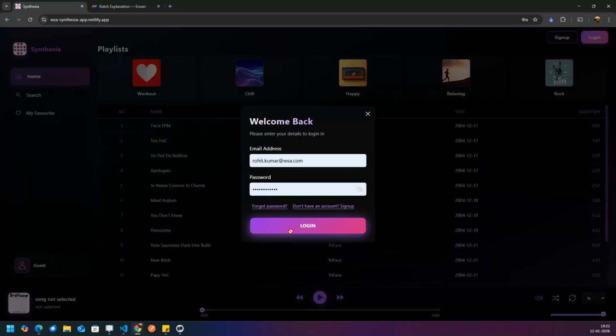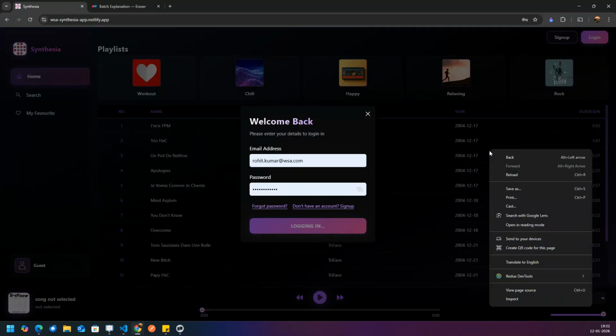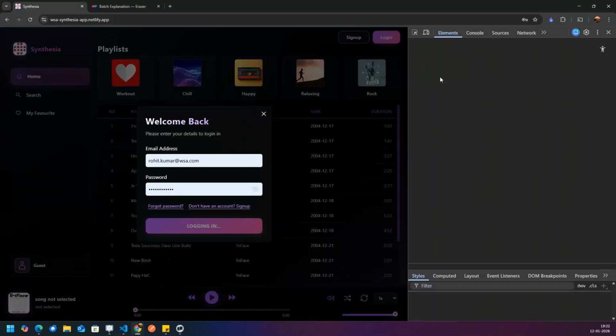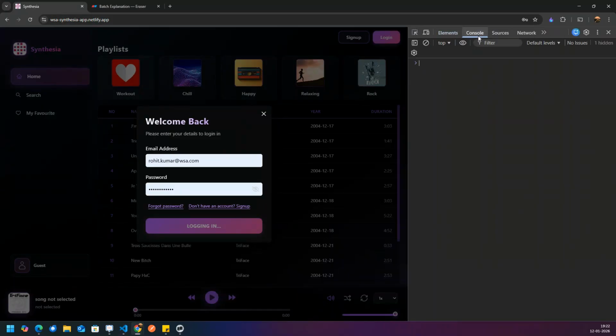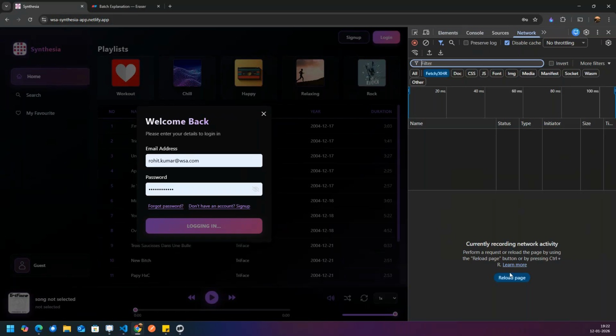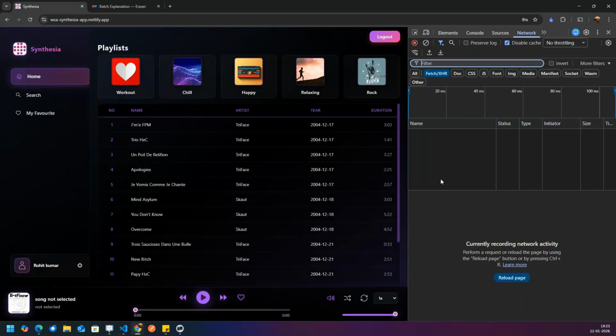Actually, suppose I log in. Let me check if it is logging in or not. Just 1 second, it will take a little bit of time.